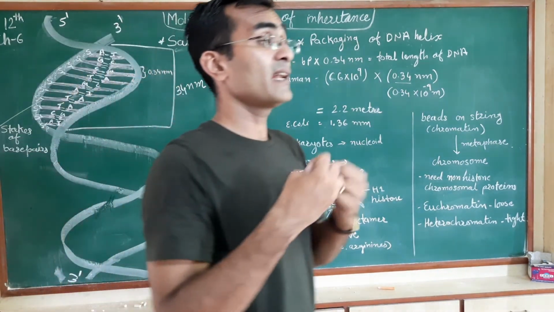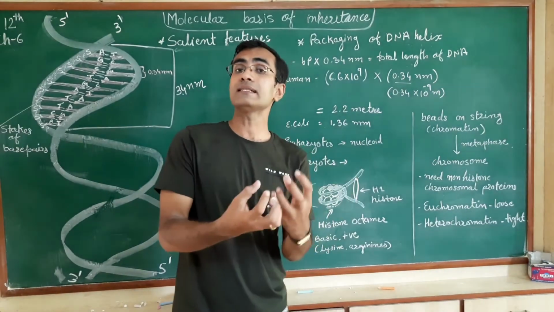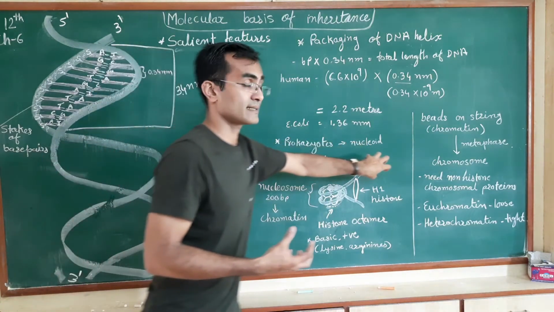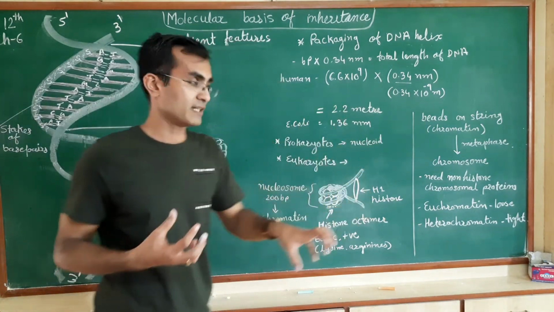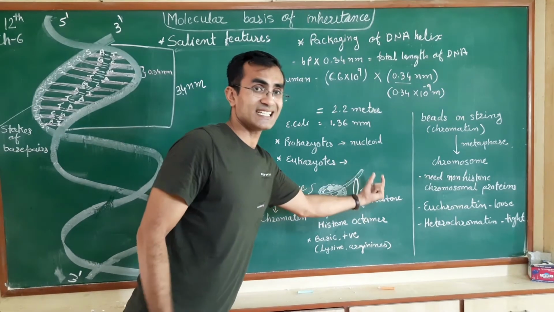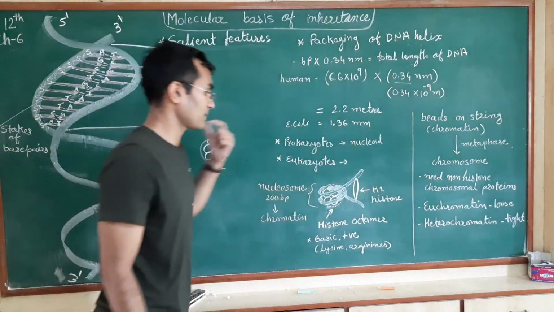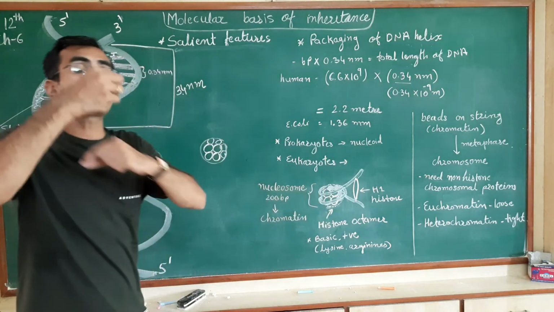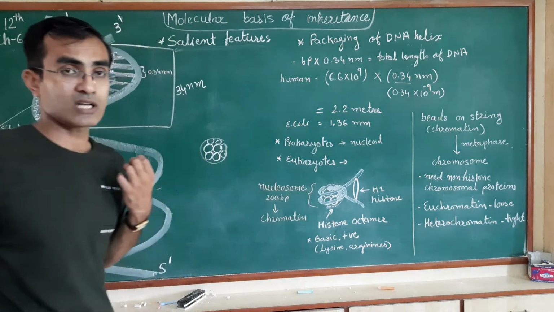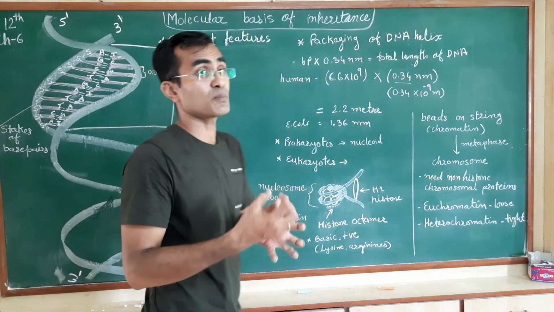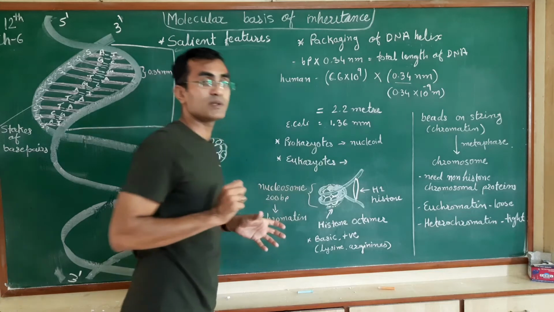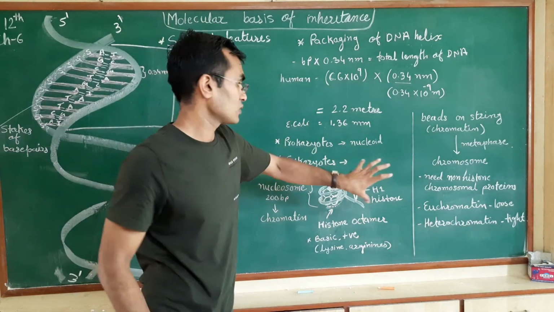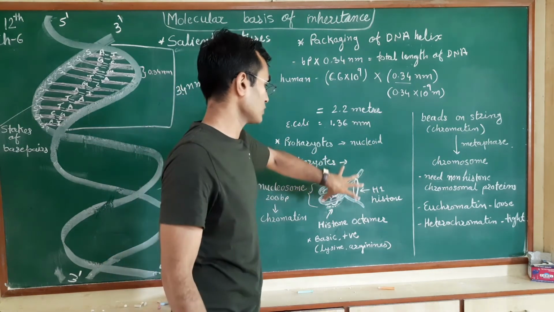Now, as we know, histone is a positively charged protein. This histone octamer is present and the DNA is negatively charged. This negatively charged and acidic DNA will get attracted towards the positively charged and basic octamer. It will get wrapped around this histone octamer. Now there are certain other histone proteins that bind at the ends of these strands, not letting the DNA strand open. So they give some more strength to this segment.